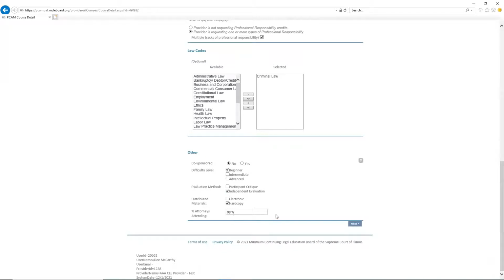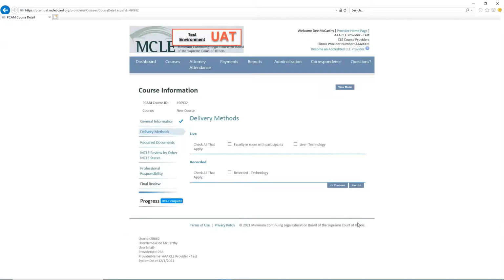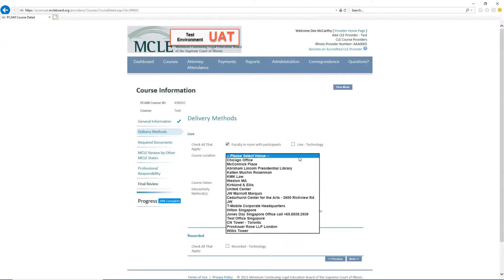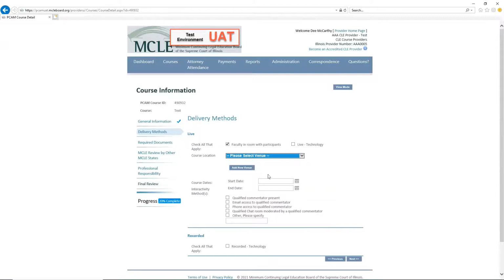After filling out all the information on the general information page, click Next at the bottom of the page. You will now be taken to the delivery methods page of the application. If your course is being held live and in person, check the faculty in room with participants box. Once checked, you may enter the venue, start and end date, and select how the participants will interact with the